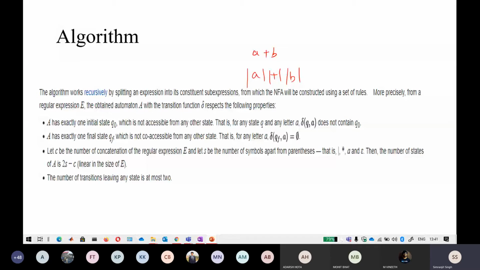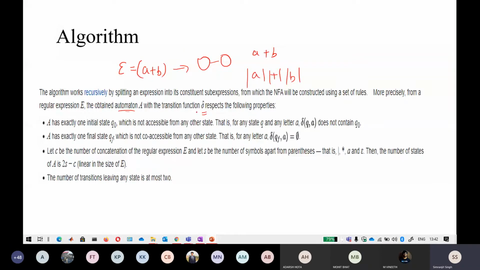More precisely, from a regular expression E. They are calling your regular expression E, so keep that in mind. From this E, the obtained automaton should have the following properties with respect to the transition function.